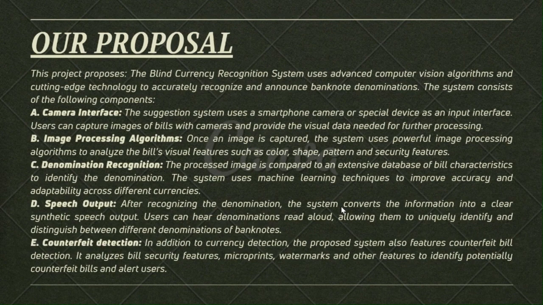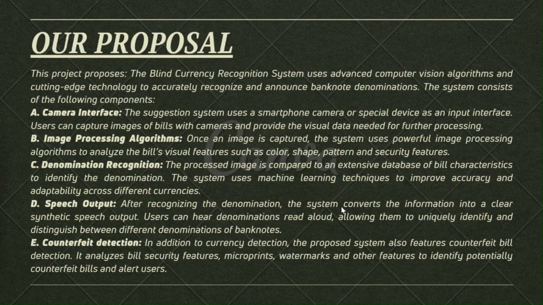So our proposal includes, first, a camera interface. The camera interface will be used to detect live images. Then image processing algorithm. Once an image is captured, the system uses powerful image processing algorithms to analyze the bill's visual features such as color, shape, pattern, and security features. Then the denomination recognition. Our model will be trained using CNN and the model will be imported to recognize the